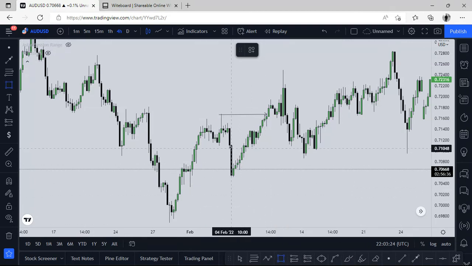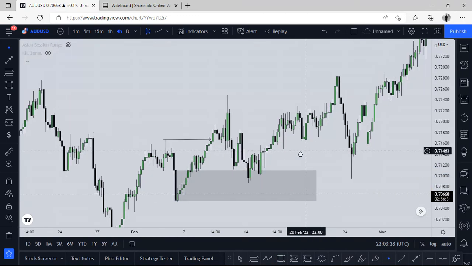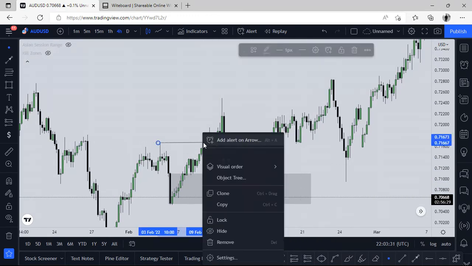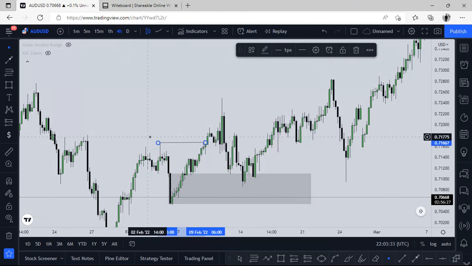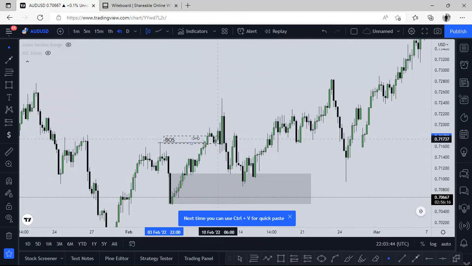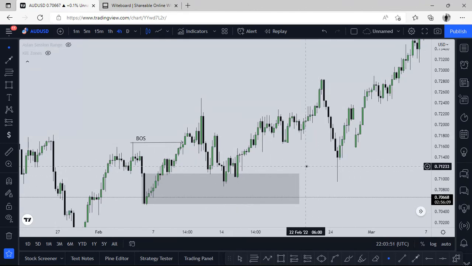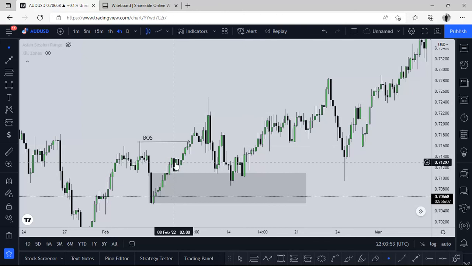As you can see, it's so big, but then how will I do it? As you can see, it came by break of structure, came back. Let me label this like this. So as you can see, this is the break of market structure to the upper side. But one thing you should know is that sometimes it creates a gap,